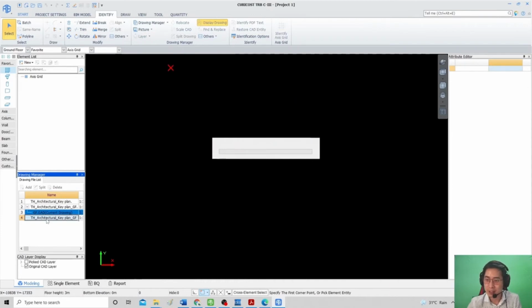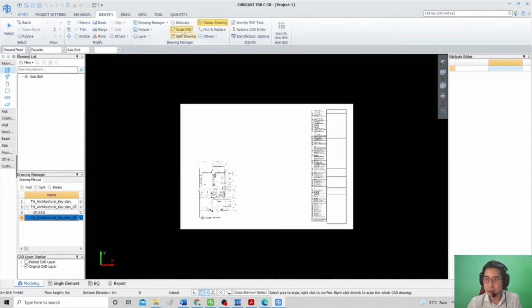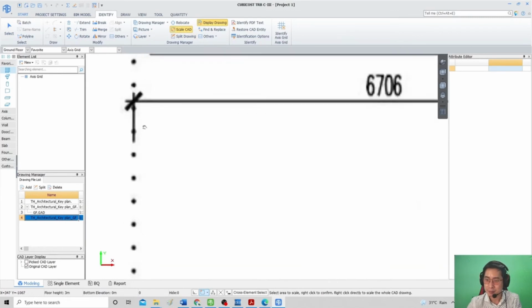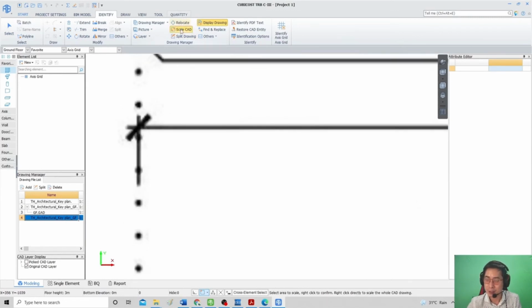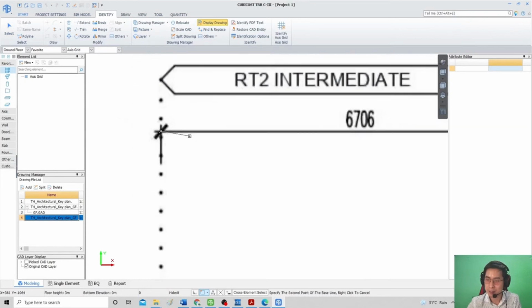Yeah, from here you can see this is actually a picture form, so you have to scale this thing. Okay, to scale this thing, you need to click on the picture scale, not the scale over here. The scale for the picture is here. Press on the picture, there's a small arrow over here, select the scale, and then select the point. Sometimes you're unable to select the point, so you can click on a random point, but for this version I think there should be no problem. Okay, do it again, scale, click the drawing, specify the baseline, the first point, and then select the second point,